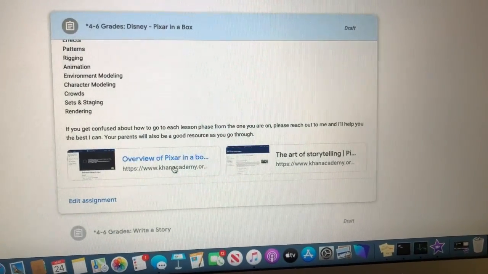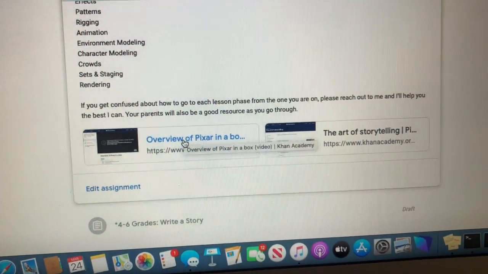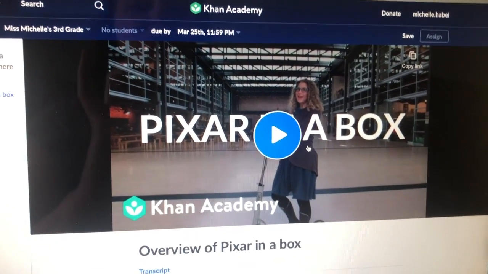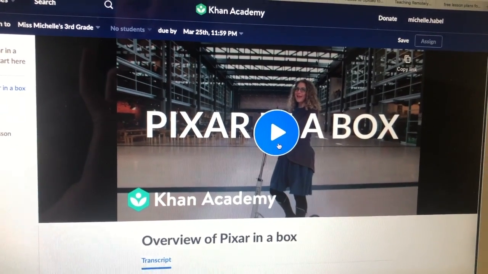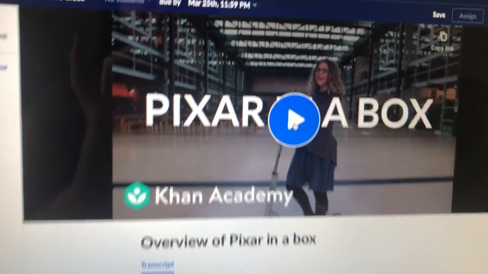and then the link for the overview. This is where I want you to start. Click on the overview of Pixar and it will take you to this page where they show you a video and describe to you what this is all about and some of the things you're going to go through and what it means to be involved with Pixar. So you'll just click on the play button right here in the blue circle,